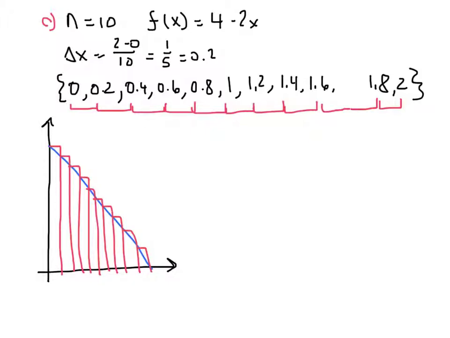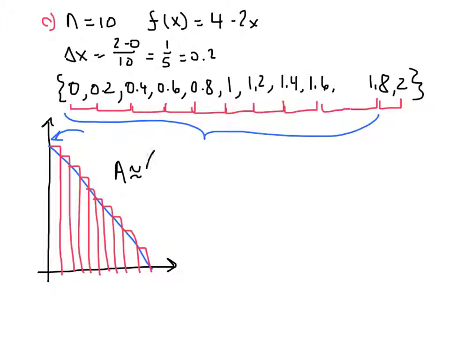We're going to figure out the heights, just like we did before, by plugging the left-hand value of our endpoints into the function f of x. So what we're talking about is we're going to plug each of these numbers except 2, because we're taking the left-hand endpoint of each interval, into the function, and we'll approximate the area that way. So this is going to be a long expression, but basically our area is approximately,